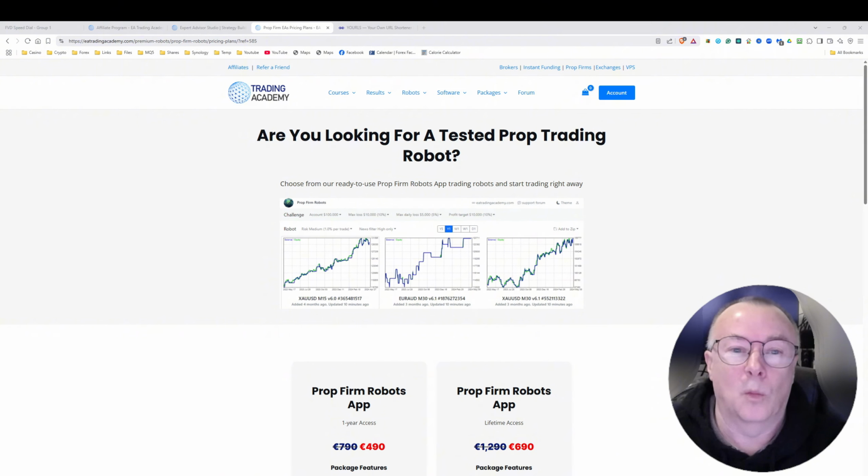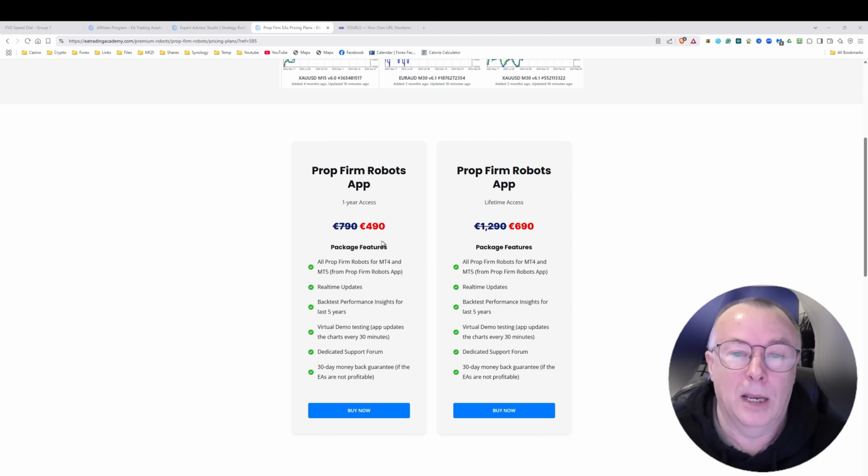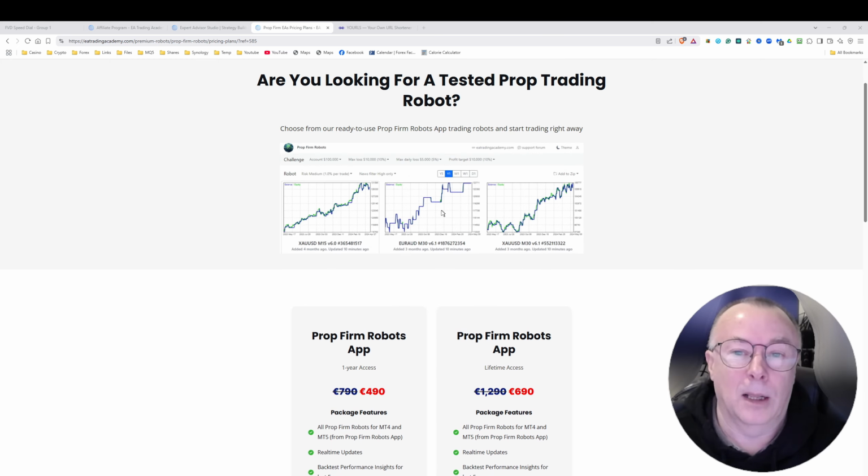And now that we have seen what to do with the robots, let's see how you can generate your own robots so that you can do your own creating and testing as well. So there's a couple of options here from EA Studios. Prop Firm apps, you can purchase a license for 1 year, or you can purchase a lifetime license. So this will give you all of the Prop Firm apps, they are pre-downloaded and tested into the system. So you can just go in here each day and click the download to download them